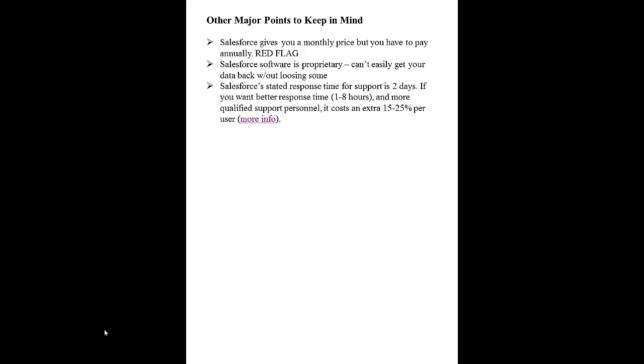Salesforce.com's stated response time for support is 2 days. Oh my goodness. If you want better response time, 1 to 8 hours, and more qualified support personnel, it costs an extra 15 to 25% per user. So you pick your package, and then you add 15 to 25% to that, and you get 1 to 8